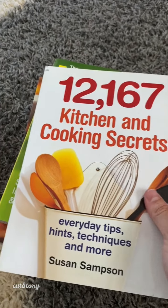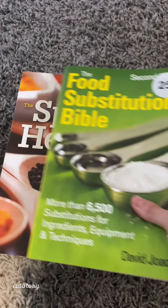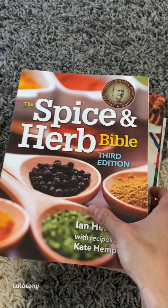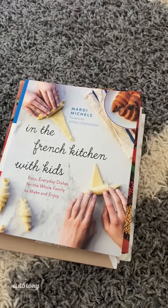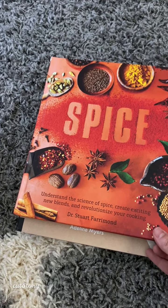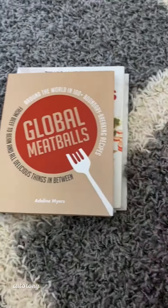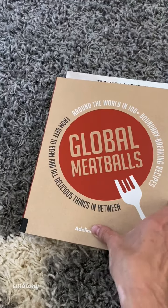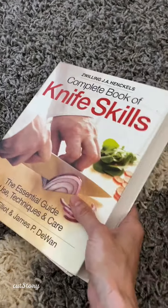12,167 Kitchen and Cooking Secrets, Food Substitutions Bible, the Spice and Herb Bible, In the French Kitchen with Kids, Spice, Understand the Science of Spice, Create Exciting New Blends and Revolutionize Your Cooking, Global Meatballs, Complete Book of Knife Skills,